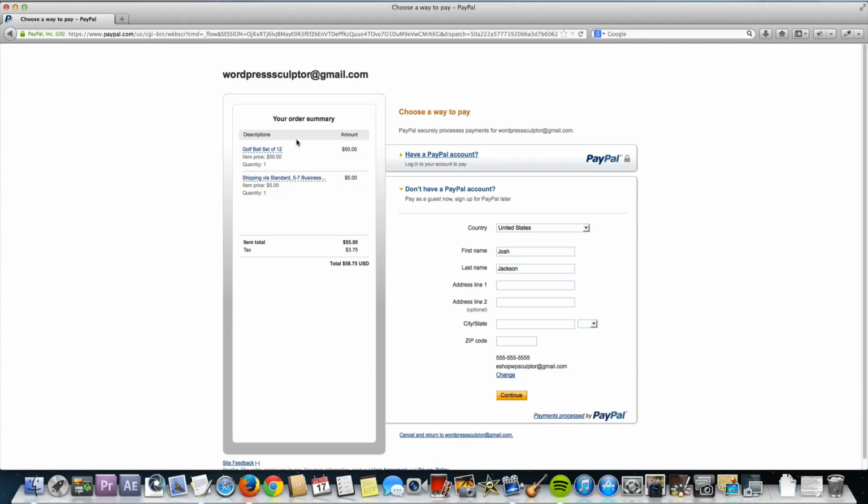And you can see here we've got the golf ball set of 12 for $50. We've got the $5 shipping that we selected, and the tax is applied down here. And if your customers have a PayPal account, they could click on this option here, but if they don't, they can use this option